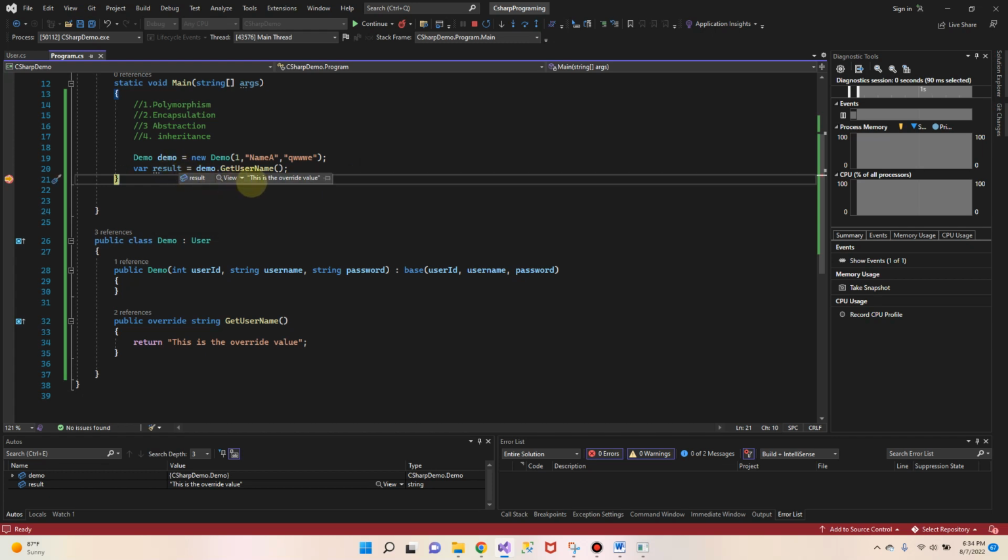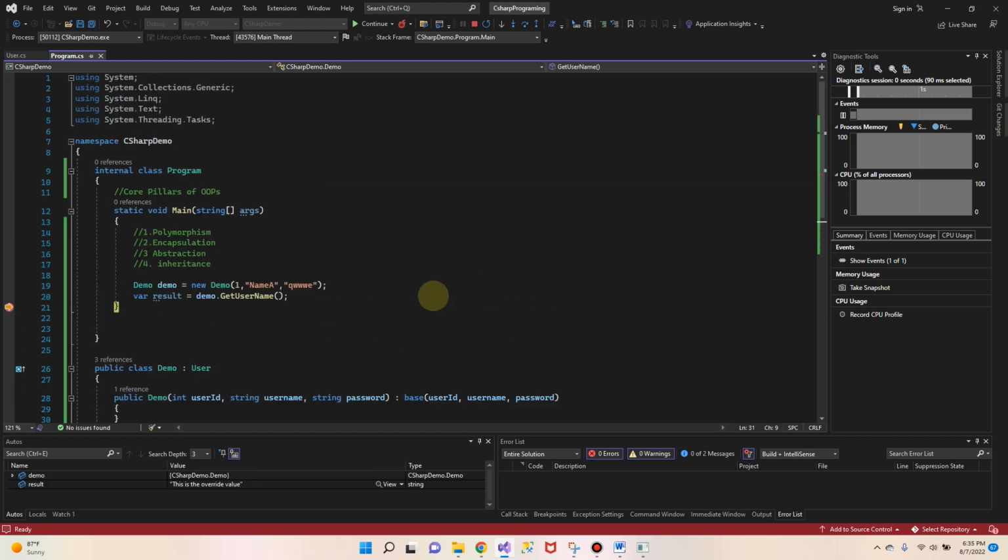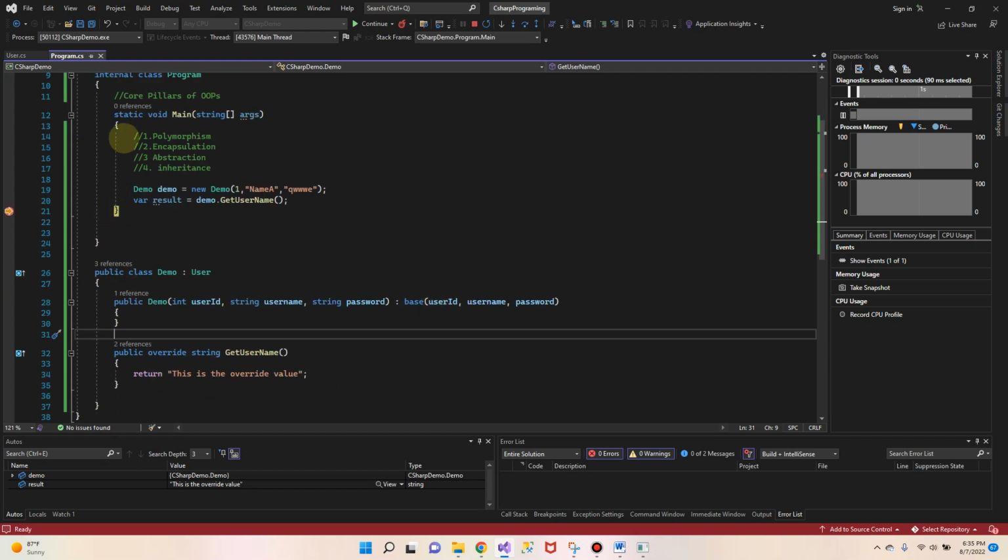You could see what is being returned here. This is the override value. So this is the one that is being returned here. It's an override, and that is what is being returned. So that is good for us. Method overriding and polymorphism has two forms actually. Let's make sure we know that,